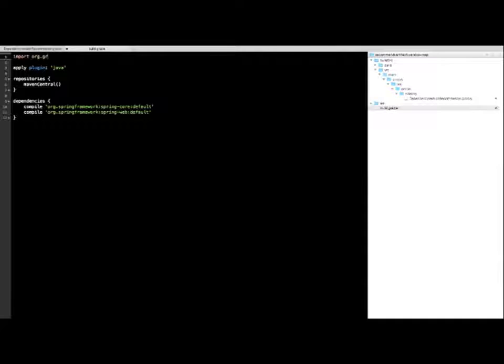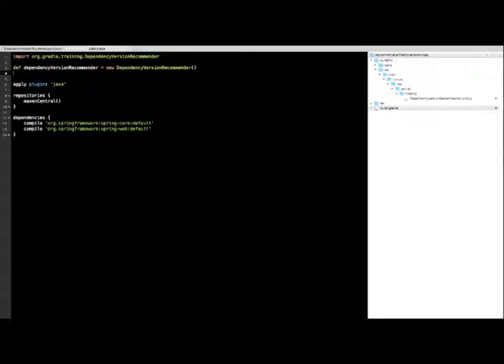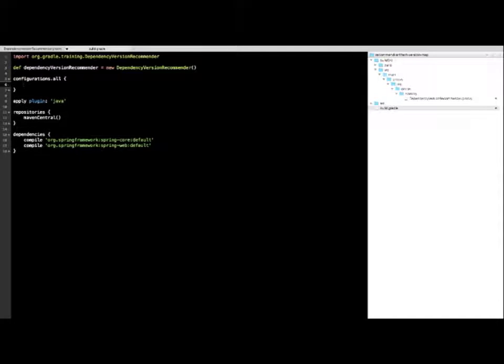So what we need to do here, and probably most of you guys know that, if you set up the build source directory, it's like its own project. You can dump in build files or other classes that you want Gradle to automatically compile, and they are automatically added to the class path of your build as a jar file. But again, you still have to import the class if you actually want to use it. So that's what we're doing here. So we just import the class, which has been compiled by the build source directory. We create an instance from it, and then again we go to the dependency